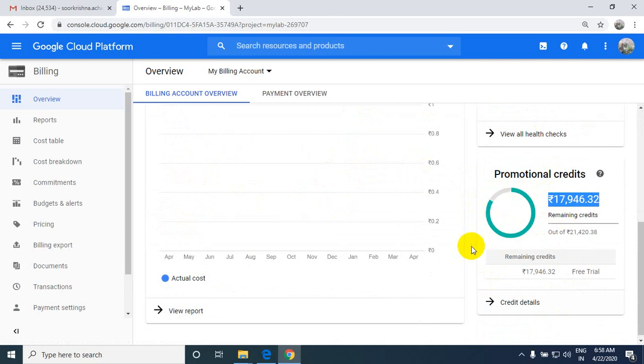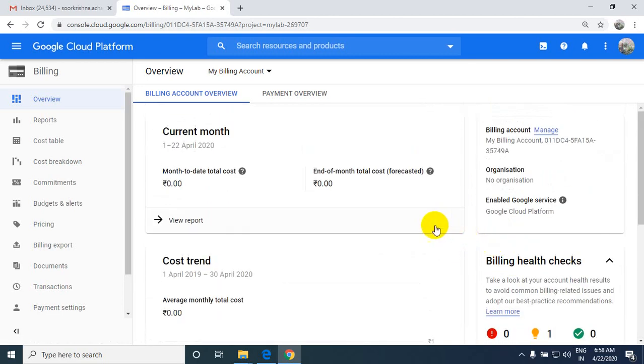So that's the main thing. Every day you need to check, and you need to keep these things under control, so that you are not surprised if the billing amount comes in huge on your monthly cycle. So it's all about a few basic things.